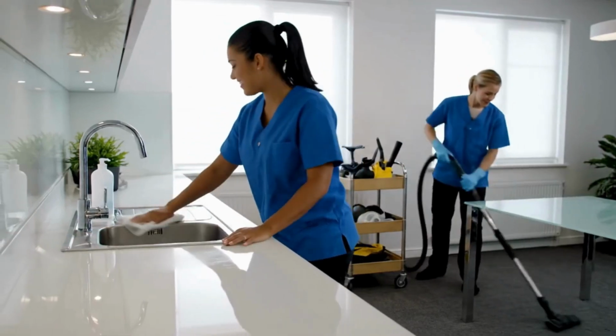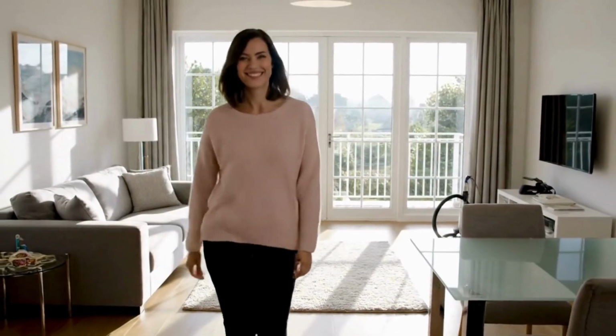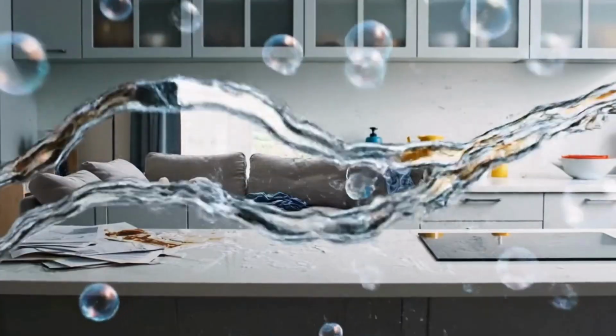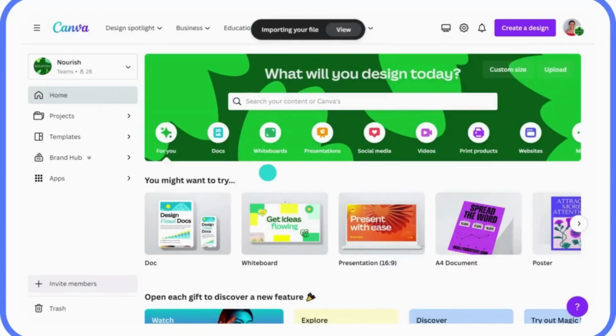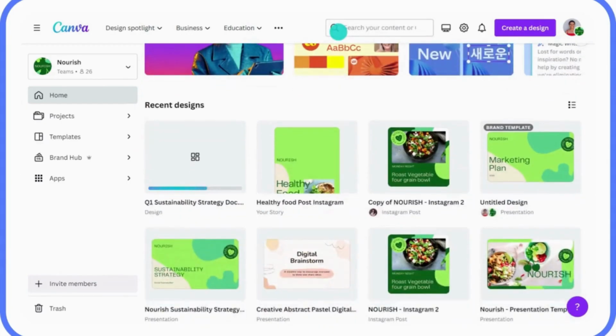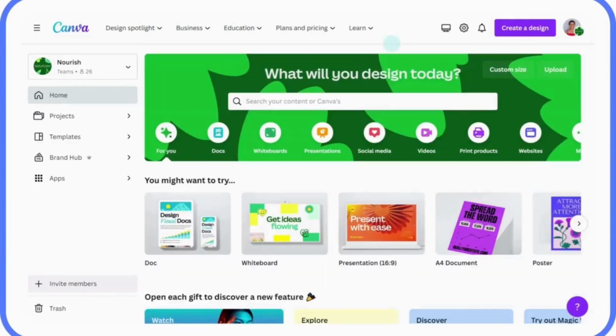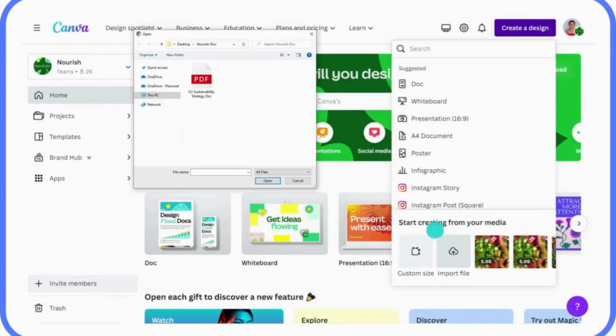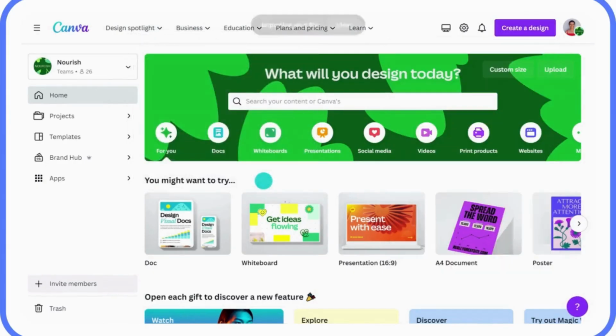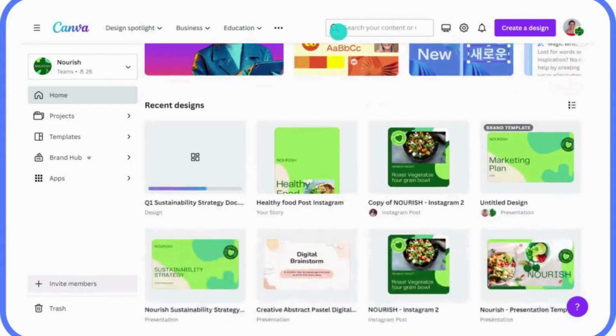I'm going to show you exactly how to create video ads in Canva with the help of ChatGPT, even if you've never made a video ad before. By the end of this tutorial, you'll know how to define your brand identity, generate the perfect AI prompt using ChatGPT, create and combine AI video clips in Canva, and export a professional ad you can use for your business